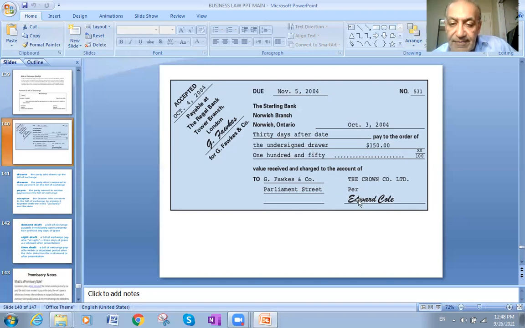Here is the drawer. Okay, $150. So we will write it like the check exactly. Once in digits, then once also in alphabetics, 150. Then close with dots, so no one writes anything here. Close with dots. And there is no cents, so it's XX divided by 100, which means no cents. Then I must say that the value is received. Value received and charge it to the account of. Okay, so this will go to